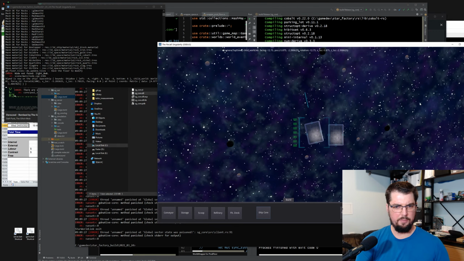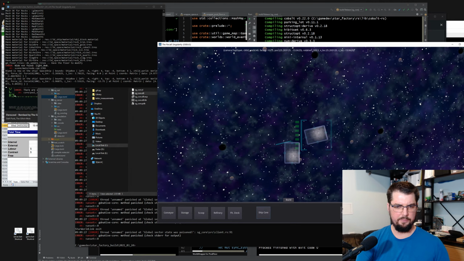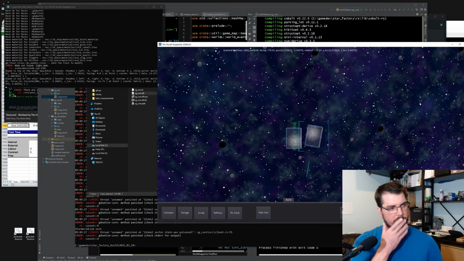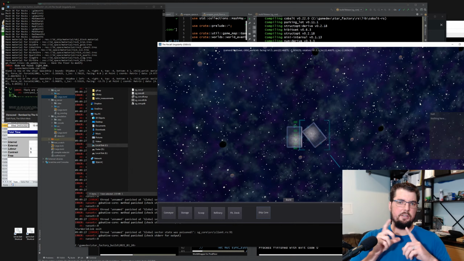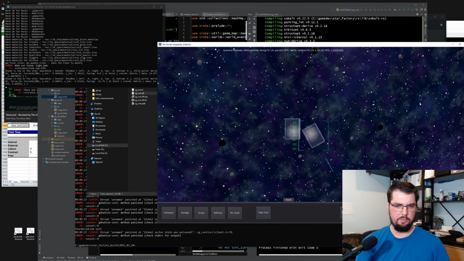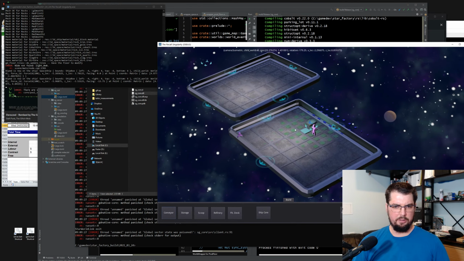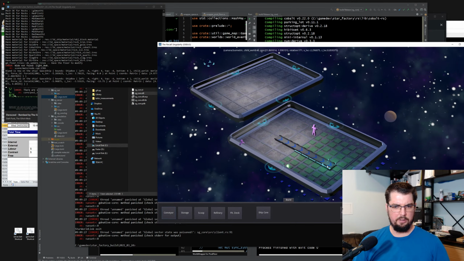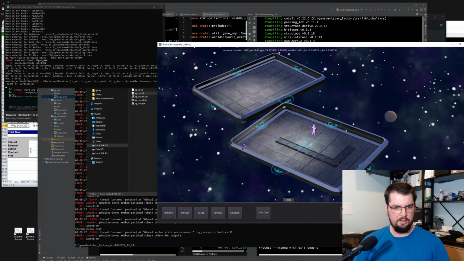So if you missed it, what's interesting about the local version is it runs both server and client. So everything that works in here goes through networking. So what it does, the way that